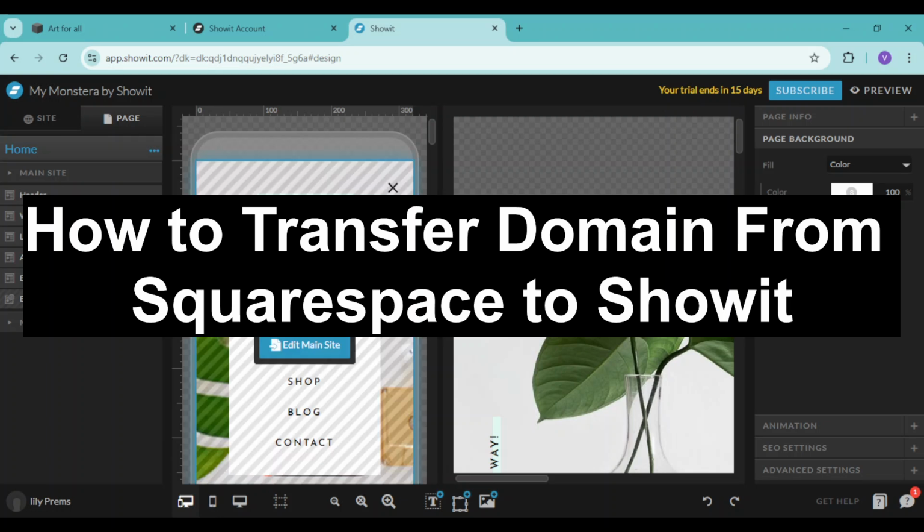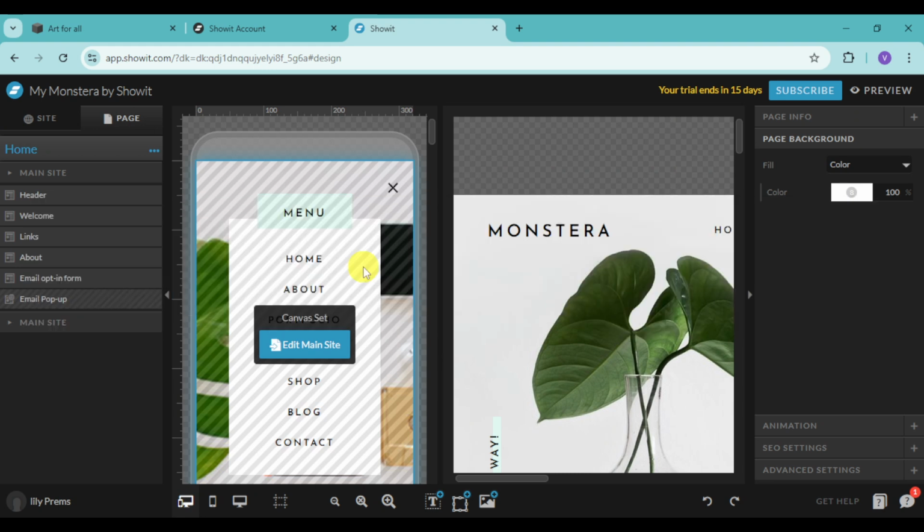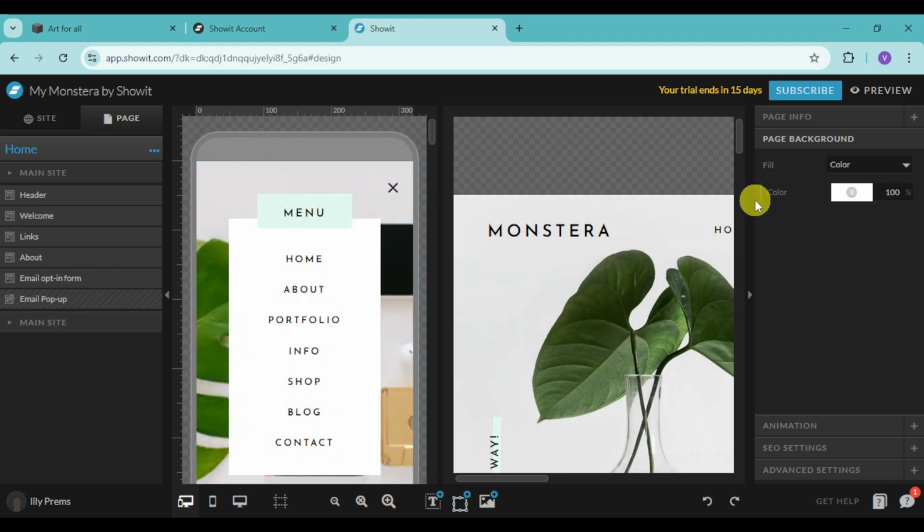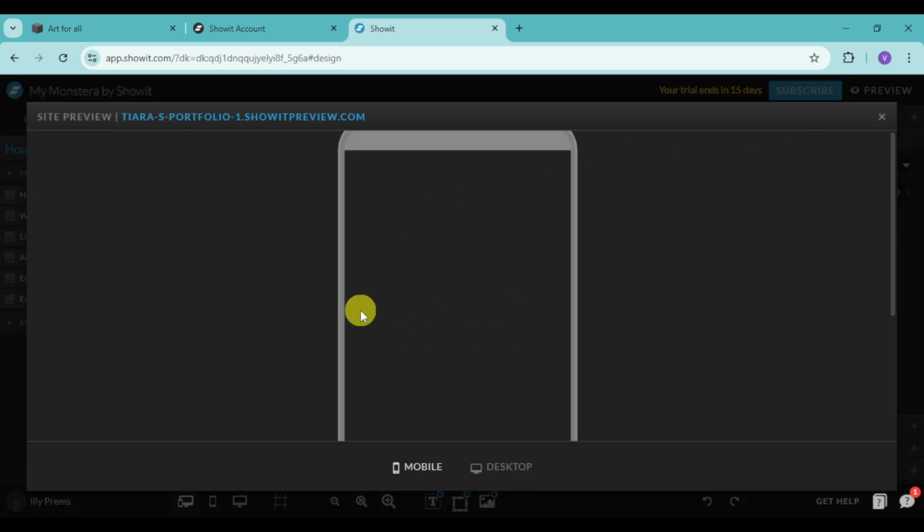In this video, I will show you how to transfer a domain from Squarespace to Showit. So we have in here our Showit website. So just head over and click onto this preview option, and you can see in here a preview of what